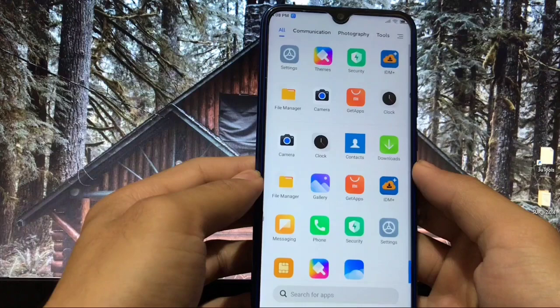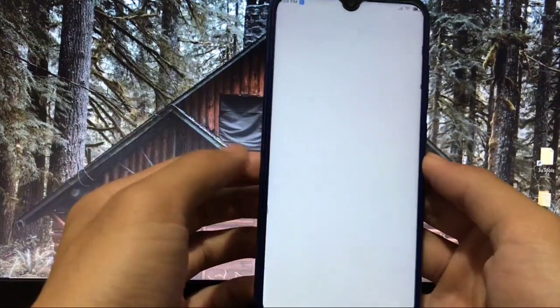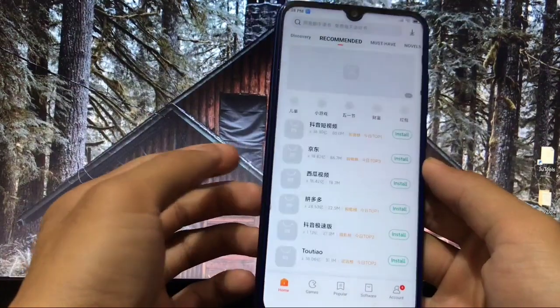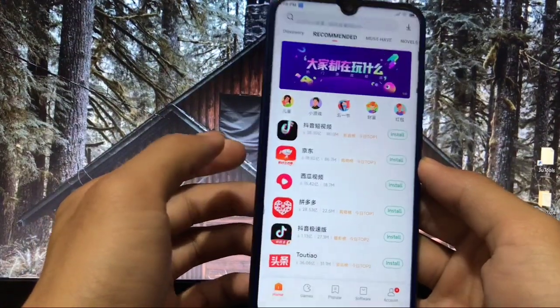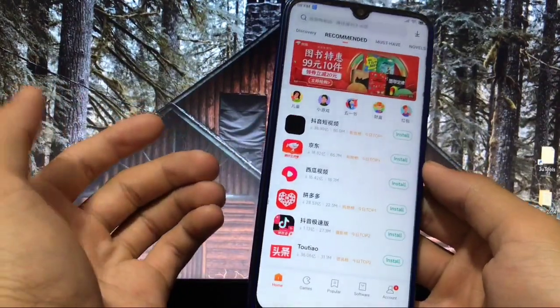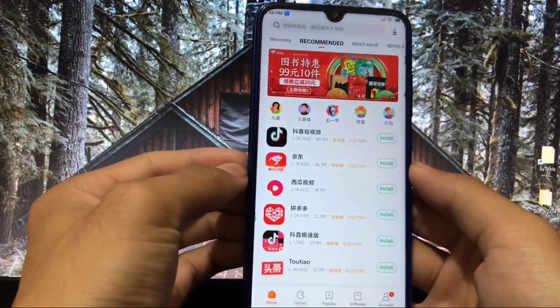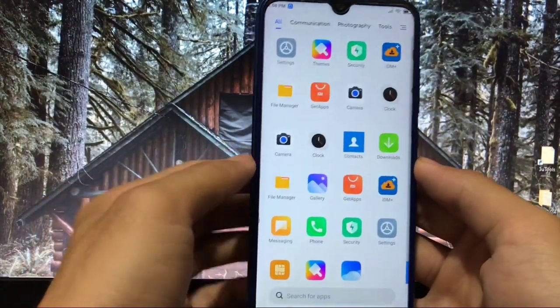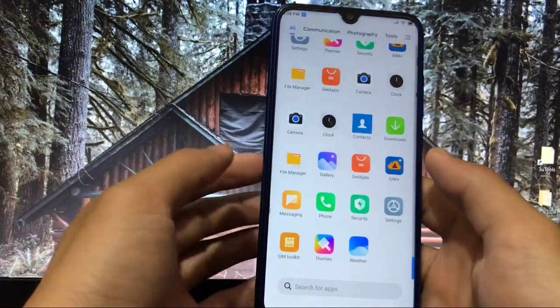Let's move forward and check out some other things. First of all, you get an apps option here. So if you want to install Google Play Store, you can install it from here. If you want to install Google Chrome, you can install it from here. This is the Chinese app store which is available. Actually, this is a ported GSI from a custom ROM, the latest beta update which you already got for almost every device.